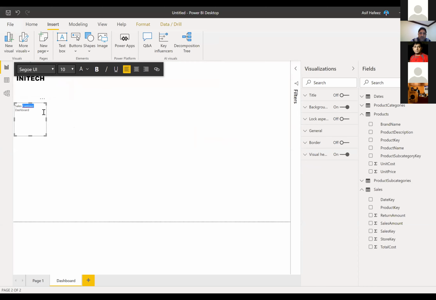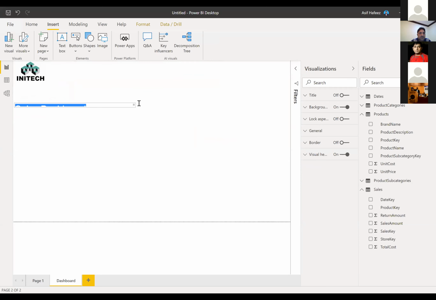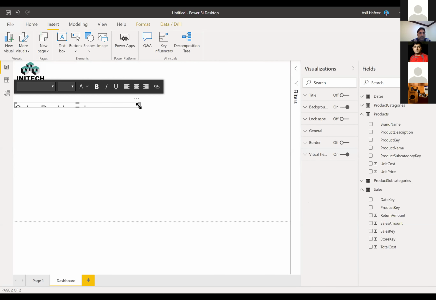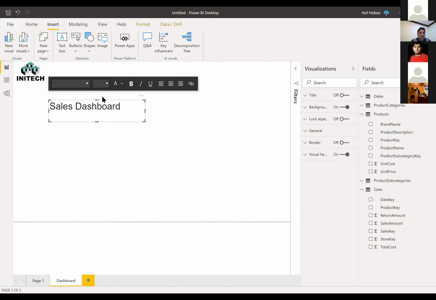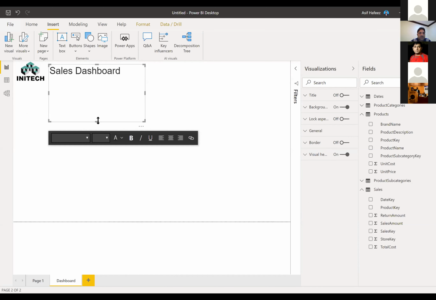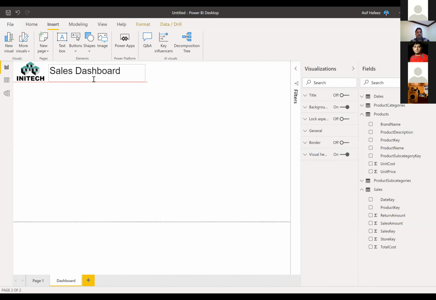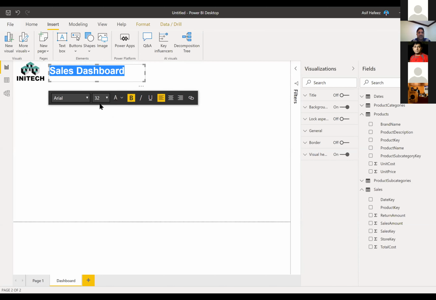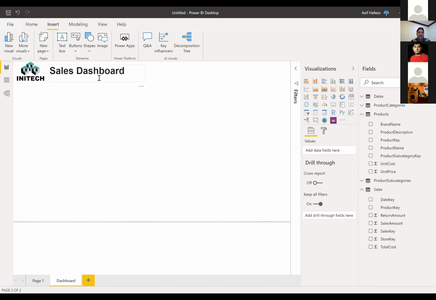Let's remove Contoso. It is not giving us the correct spelling. Okay, and I want, let's suppose, 32 and Arial, and just you can drag and drop. I'm not using a mouse, that's why I'm having a little problem. And B. Okay, so Arial 32 font and bold. We have created one,